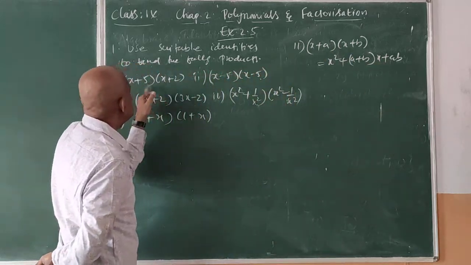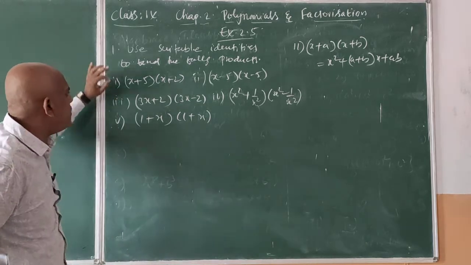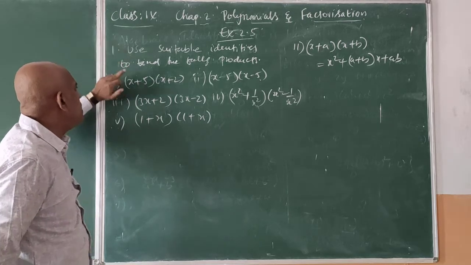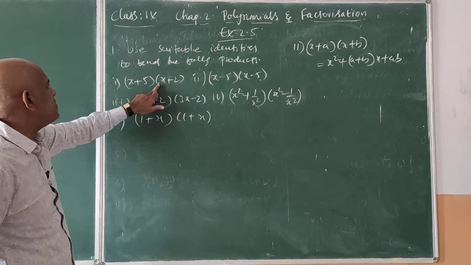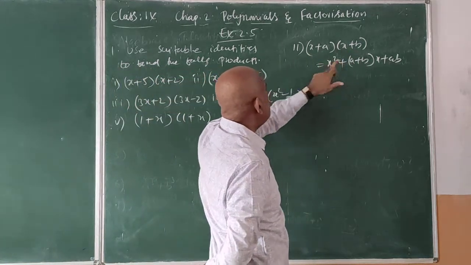So it is here. First only it is given here. This is the 11th formula. So you have to verify which formula we are using, and based on that only you can solve the problem. Here x is the same in both terms. Here two products are there, here x, but here 5, here 2. That's why here x plus a into x plus b, this formula we are using.